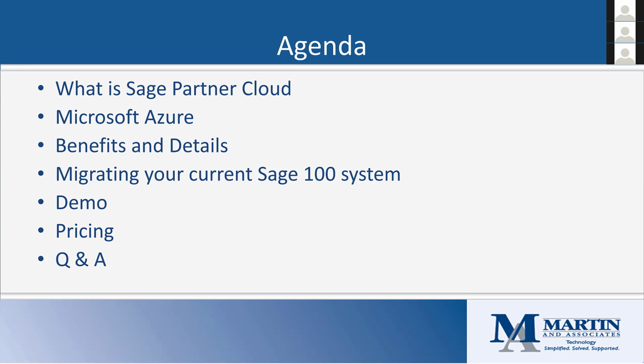So we're going to talk about Microsoft Azure. The platform is powered by Azure, so we'll go into some details there. We'll go through benefits, details. Who would we recommend that system for? And if you decide to make that jump, what would a typical migration process look like? Not going to go through every little step, just going to hit some of the high level stuff, just so you can kind of get an understanding of